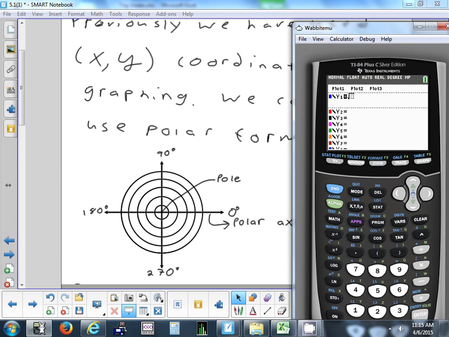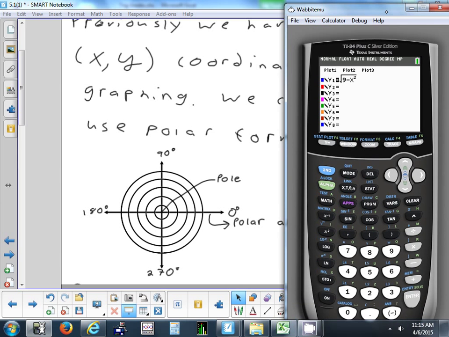And I just want you to watch and see how messy this becomes. So it'll be square root of 9 minus x squared, and that's only going to give me the top half of the circle. Then I need to put in something separate to get the bottom. Put in a negative. What that's going to do is take the top part, flip it over and make the bottom part. So second, negative square root